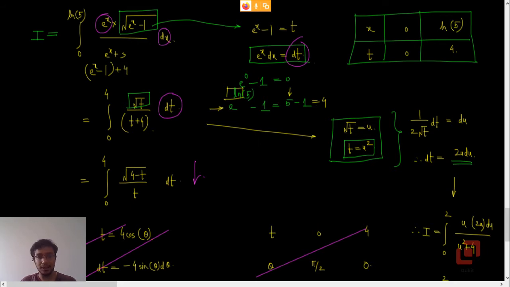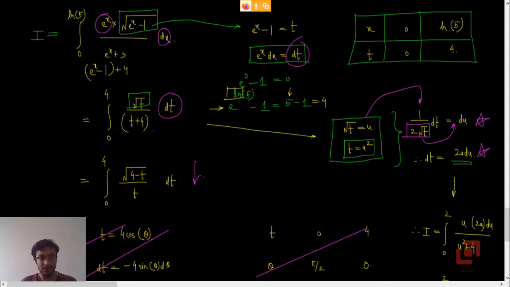If you directly differentiate the first relation, root of t equal to u, you'll end up getting 1 upon 2 root t dt equal to du, and then you would be required to shift 2 root t to the other side. But that's fine. Both these equations are telling us one and the same thing. Now let us try to answer the question of limits.